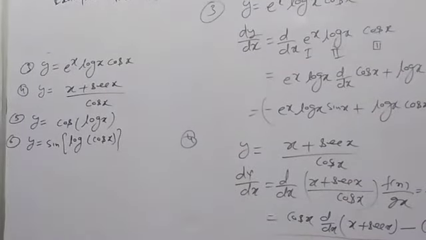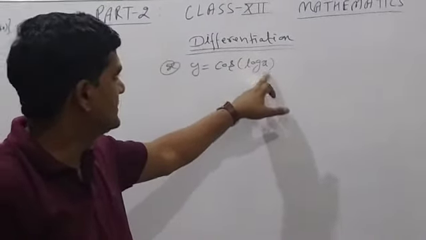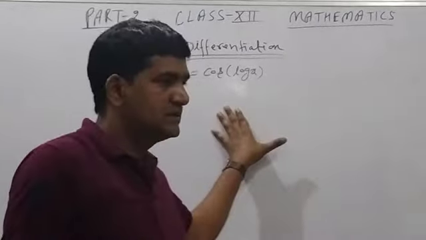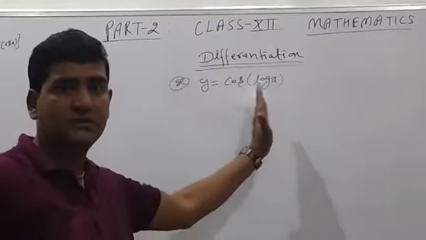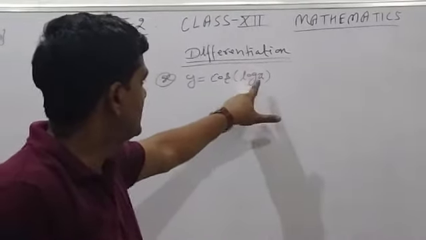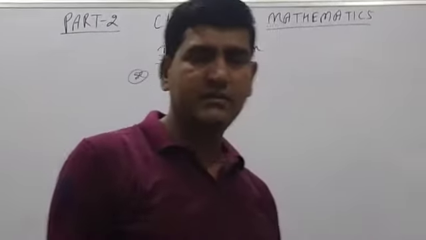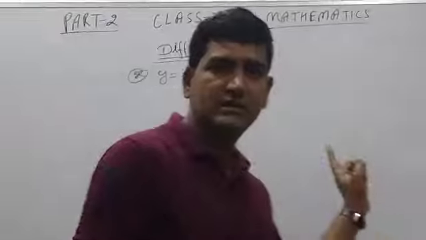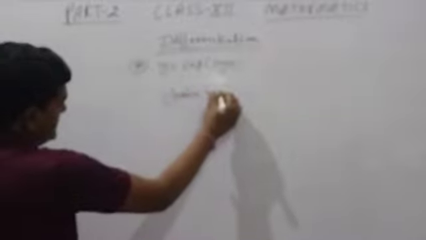Now I am going to tell the next example. You see this question, y is equal to cos of log of x. In the first video I have given differentiation based on the chain rule. Chain rule means if two or more terms are in composite form, like here cos of log of x. Clear? So we have two formulas. One formula is given in the book, and the second formula I will tell from my side. The first formula, which is given in your book, I am going to tell first of all. Then the chain rule here.